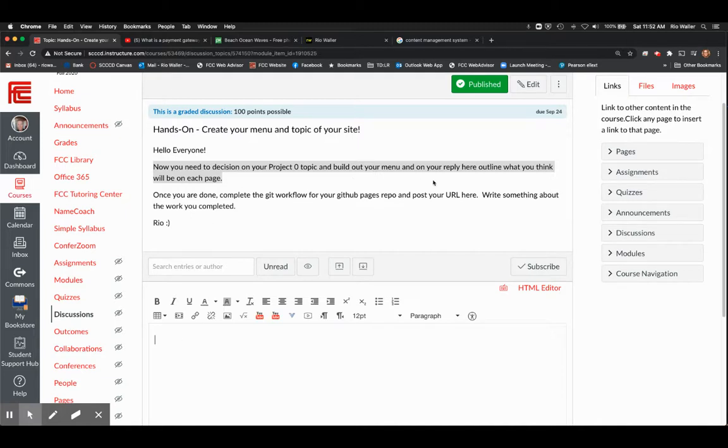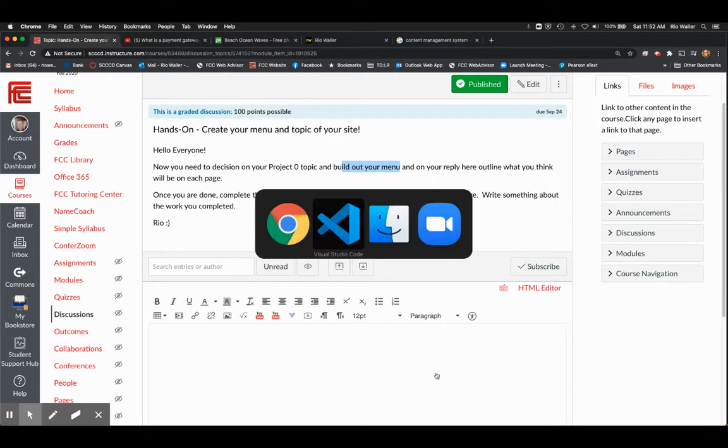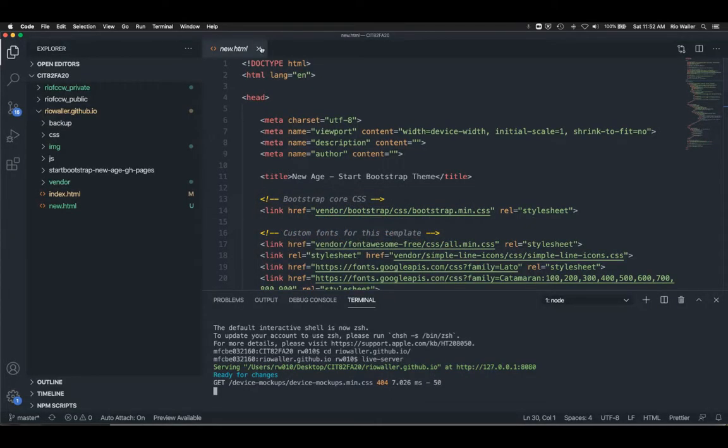Again, you can choose here if you want to just do it using bullet points or numbers or indentions. I'm totally open to that. Or if you want, you can take the next step and do it in the site. But I'm going to first show you how to build out at least the menu, okay? Okay, so I'm going to switch over to VS Code real quick. And this is where I left it after creating the one for Monday, which I created the new file.